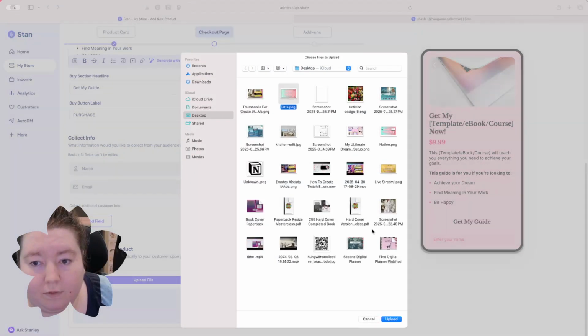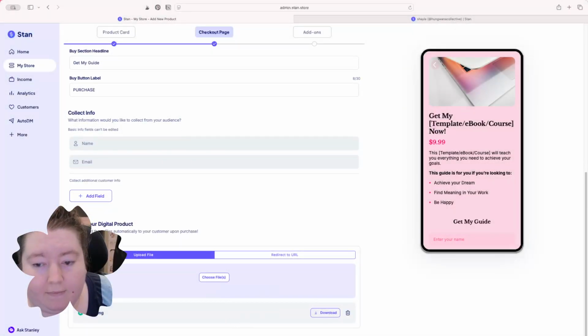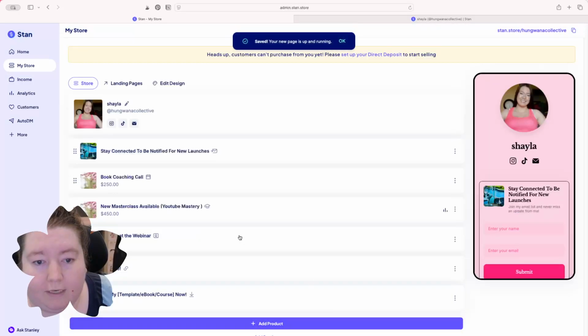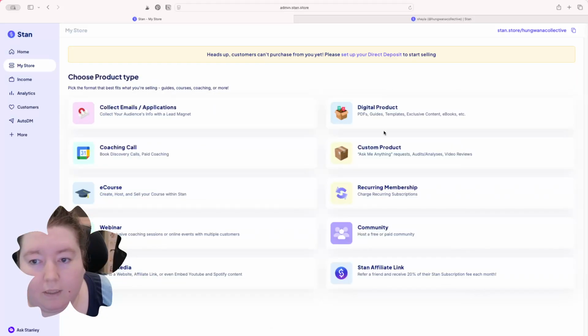So let's put this here. You'd upload a file for them, and then they know that there's a file for them to actually purchase. So then when they purchase that, they'll get access to that file. So then next, any custom products or anything, you don't need to do that because it's basically the same as doing